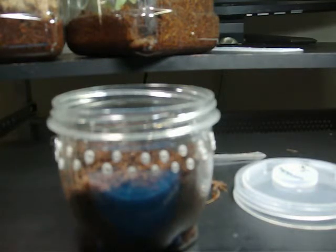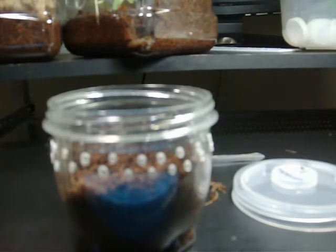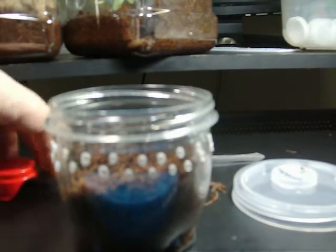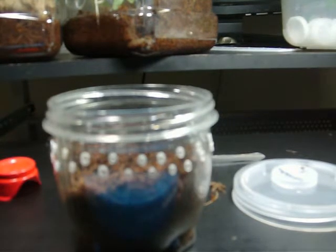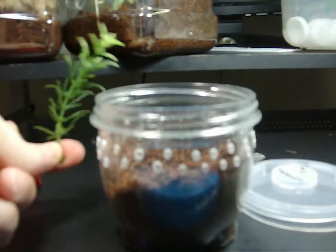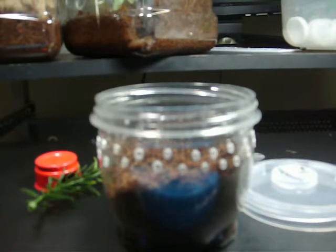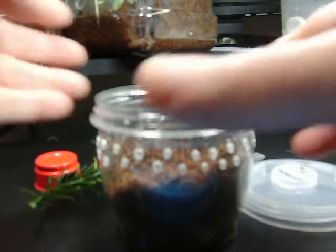I moved everything so I don't know where anything is right now. I bought all that new stuff. So we're going to get him a hide. I might put in one of these plants. One of the new plants that I got yesterday, or that I put on the video yesterday. Yeah, and get rid of some of that soil. So we're going to take them out of there. I'm going to put them in